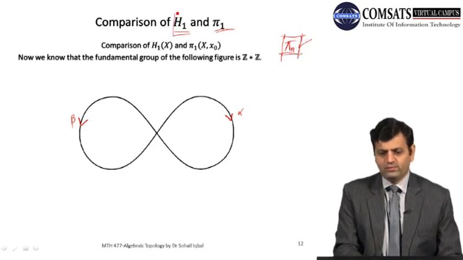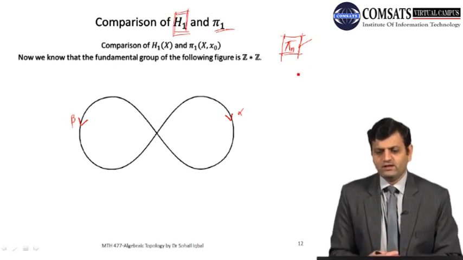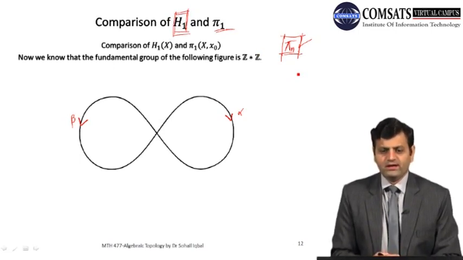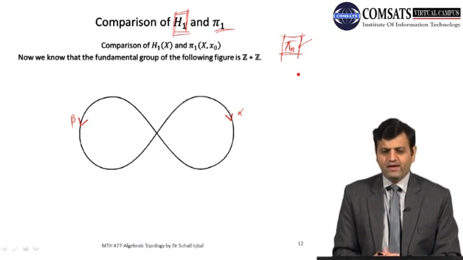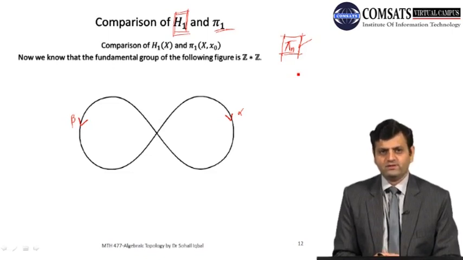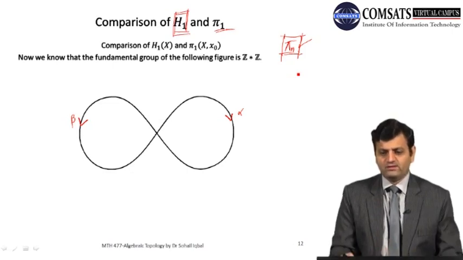So we opted for a relaxed version of these higher homotopy groups, and started studying homology. Now we are going to compare H1 and pi 1, and we will realize that pi 1 contains much more information than H1. But once again, homology groups are relatively easy to calculate, so that's why we calculate homology rather than these higher homotopy groups. So let's start with our comparison of